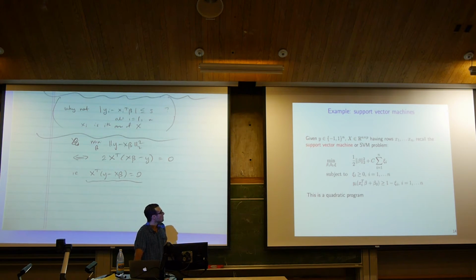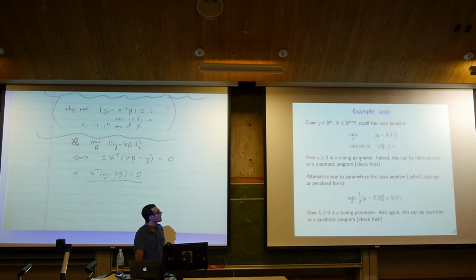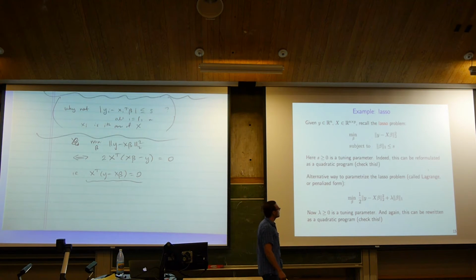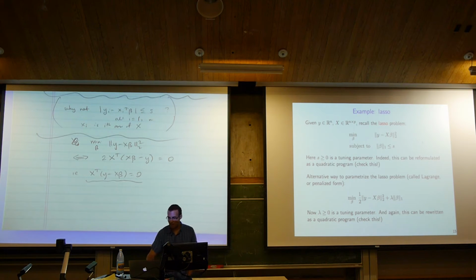SVMs are quadratic programs. We already saw those. You can see that just by writing this as beta transpose beta. So that's another example of a quadratic program. The lasso is also a quadratic program, something I'll leave you to check. You can think about how to rewrite this as a bunch of linear